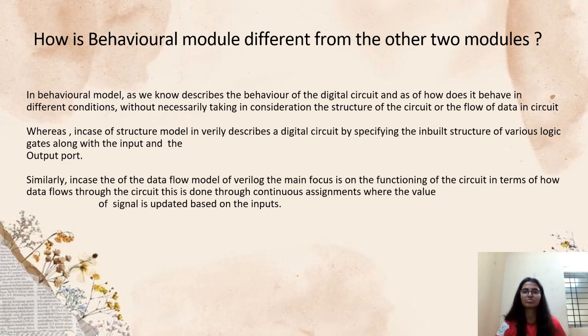We also have to understand an overview of how a behavioral model is a little different from the other two subtypes of a VHDL module, that is the data flow model and the structural model. In this whole PPT, I spoke about how the behavioral model describes the behavior of the digital circuit and how it behaves under different conditions without necessarily taking into consideration the structure of the circuit or the flow of data in the circuit. Whereas in the case of a structural model,